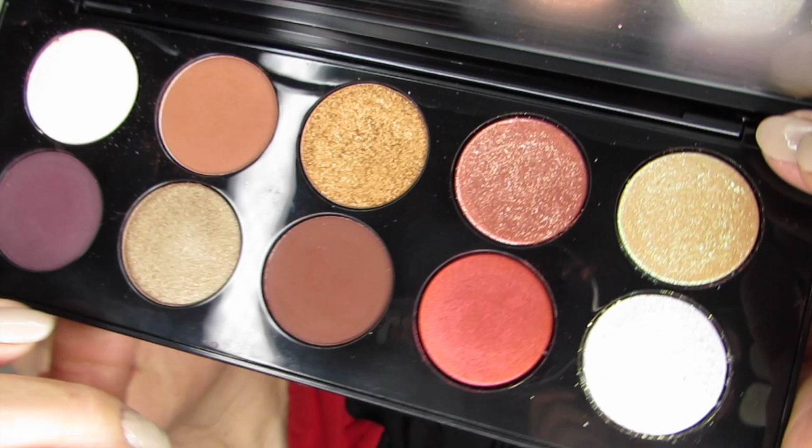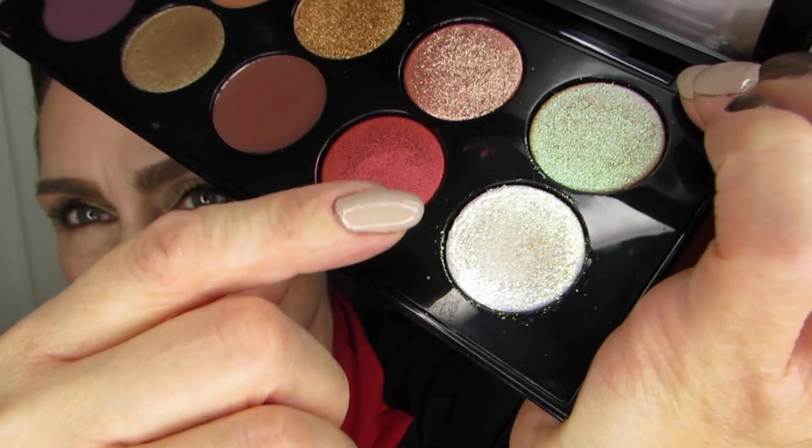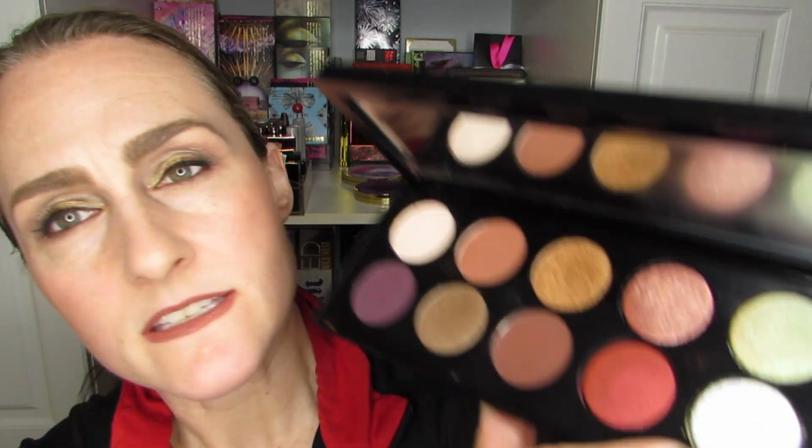Now the last palette that is a larger rectangular palette is the Mothership 5. Out of all of the Pat McGrath palettes that I have, the Mothership 5 is still absolutely my favorite, and it's because of specifically 2 colors in this palette that I find just absolutely breathtaking. Now, I don't usually pay attention to the names, but I do want to tell you what they are. So this is the usual Pat McGrath black lacquered palette, and I'm always scared of messing it up. So these colors at the bottom here, this one,